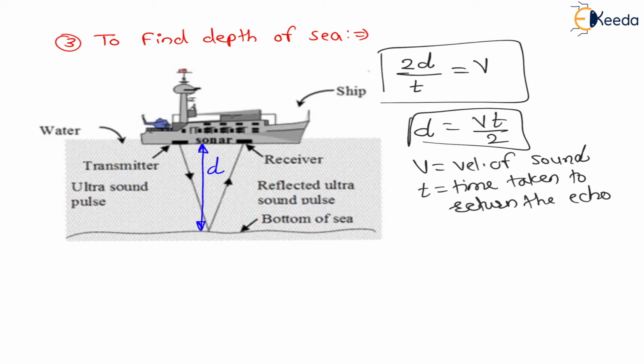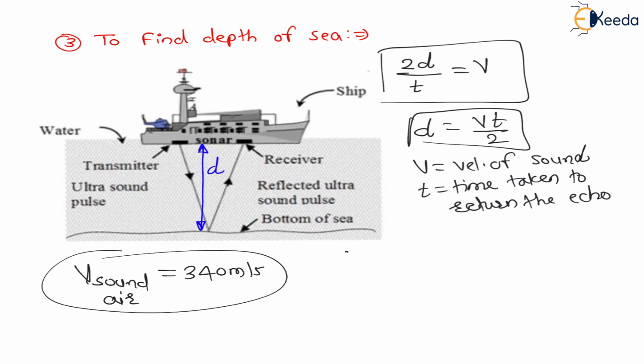And here, my dear students, the velocity of sound changes as the medium changes. The velocity of sound always changes as the medium changes. You know that the velocity of sound, if the medium is air, is 340 meters per second. But this is the velocity of sound in air. Let us say v0 is the velocity of sound in pure water at 0 degrees Celsius.